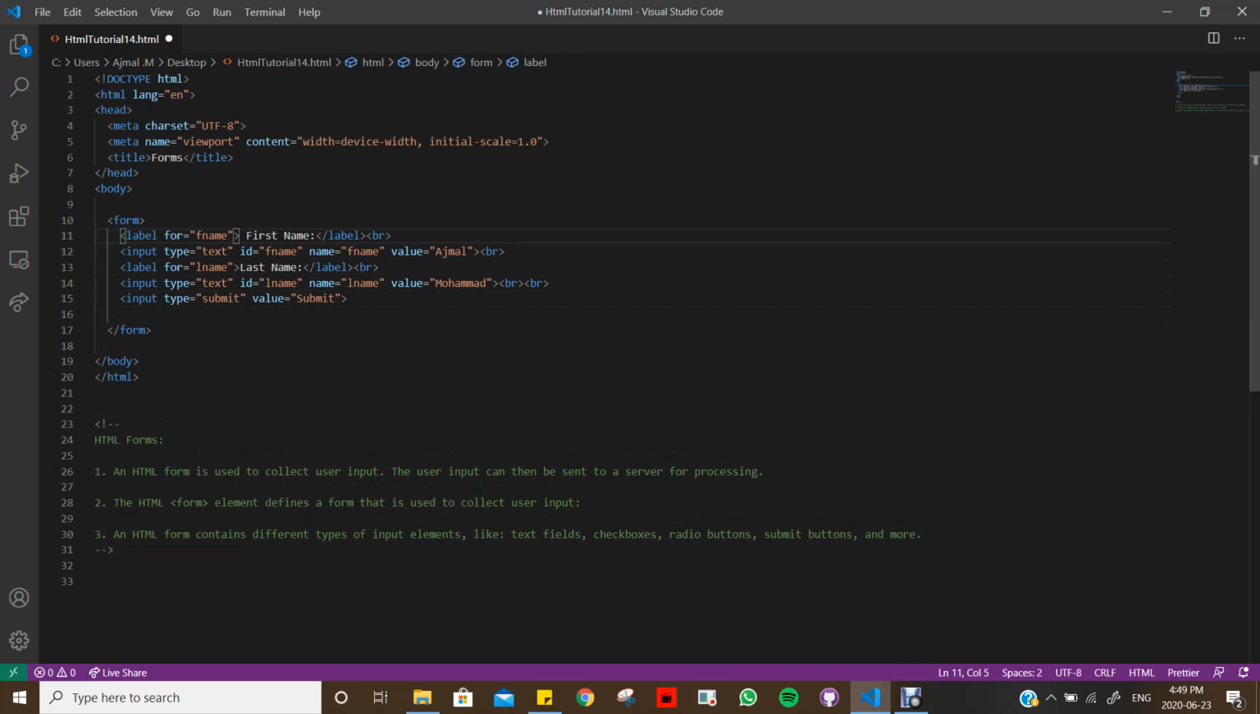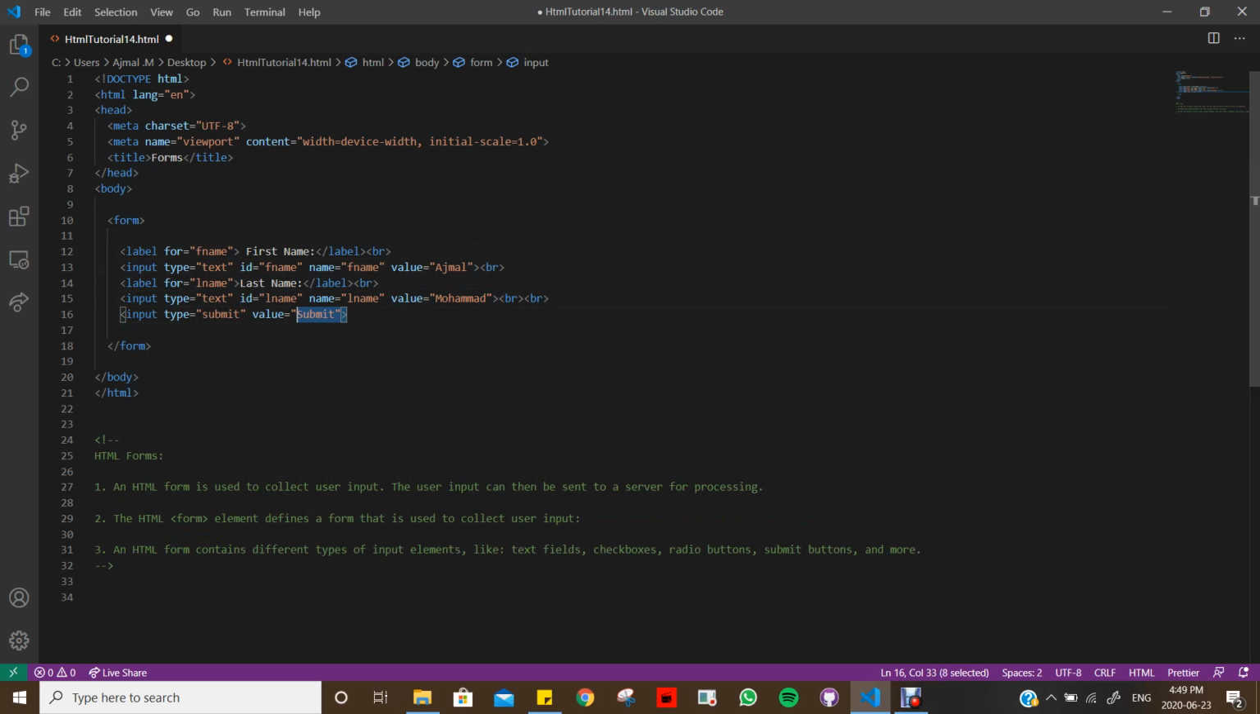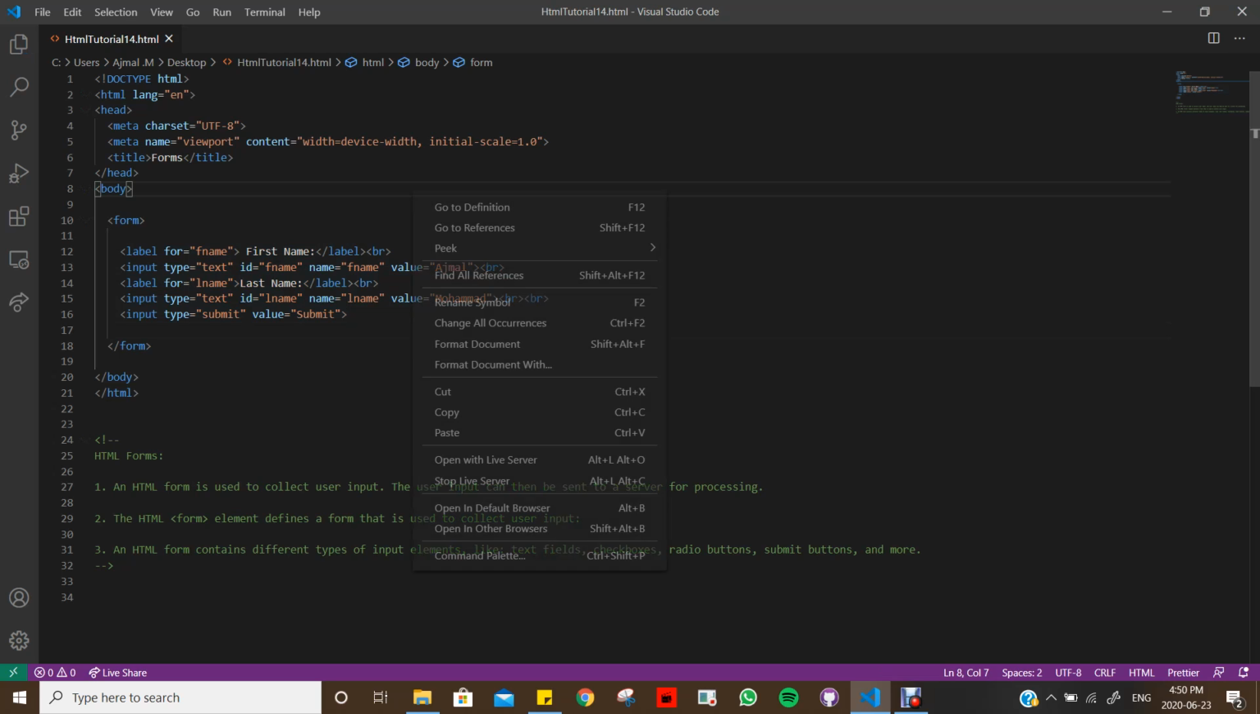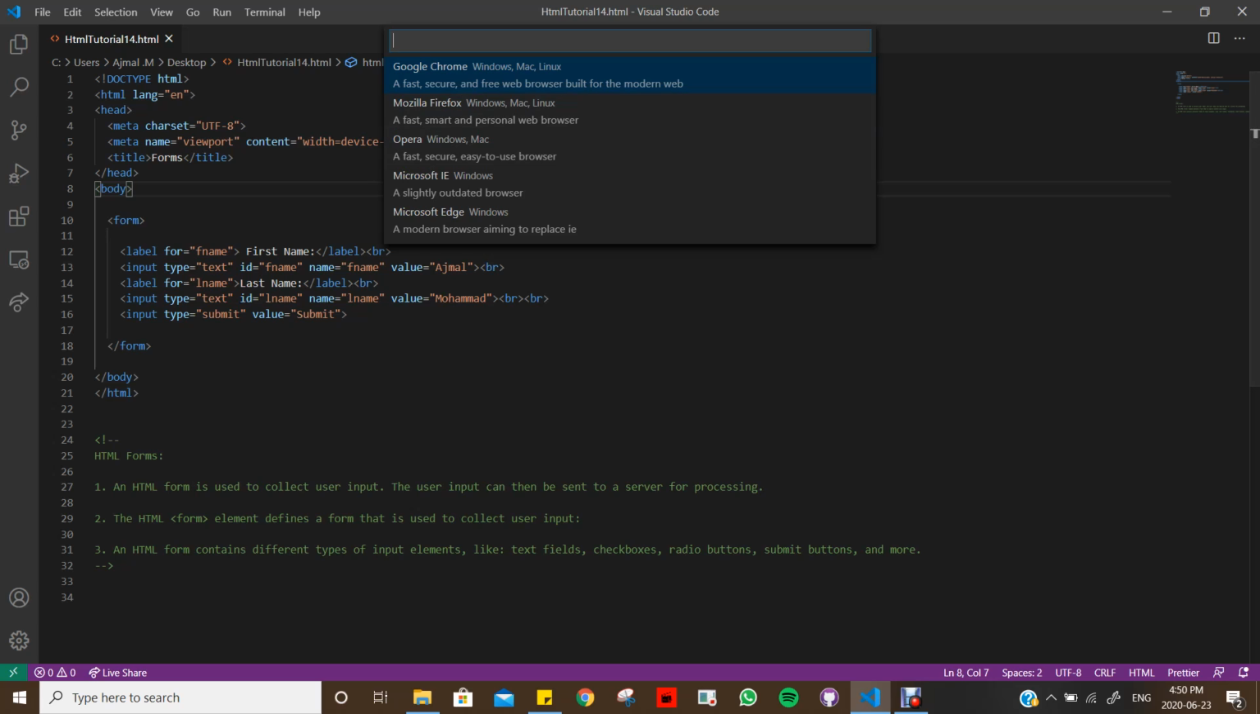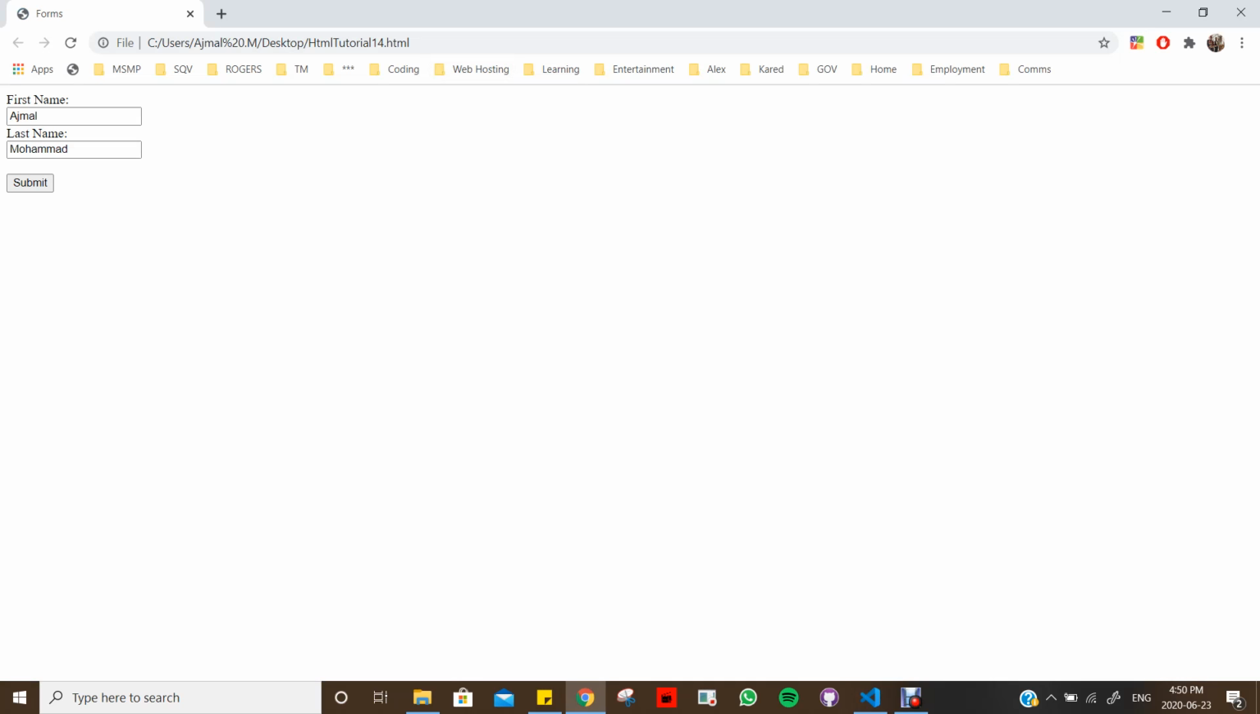So let's make it a little bit prettier here. So this would be the code for two fields plus the submit button. And let's save this and run this in our browser and see how it looks. And if everything is in order, we should see a simple HTML form. There you go. So we have our first HTML form with a field for first name, a field for last name,